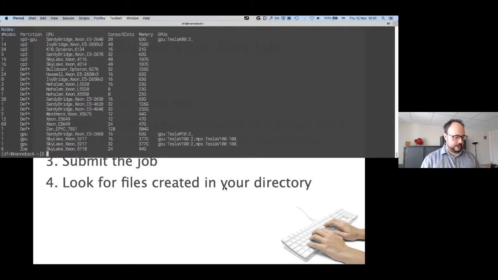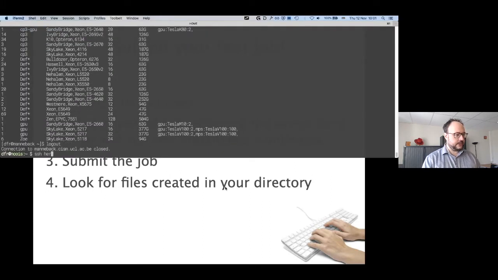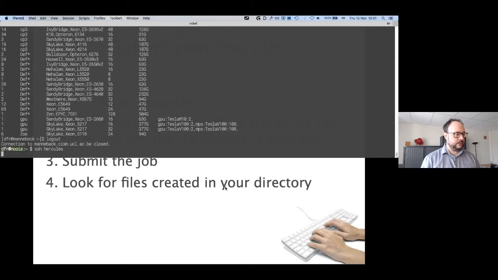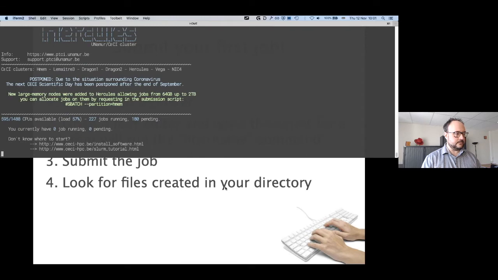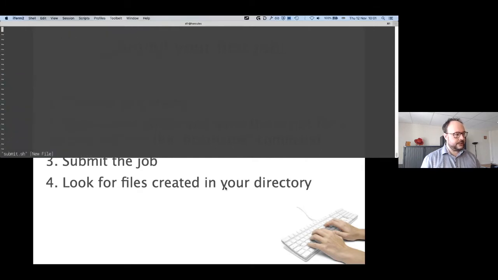So, for instance, I will go to a CSC cluster, let's say Hercules, in Namur. Okay, I'm connected. I like to use Vim, so I will start Vim, and I will create a submit.sh. If you remember from the slide before, I need first to set up the interpreter, /bin/bash,